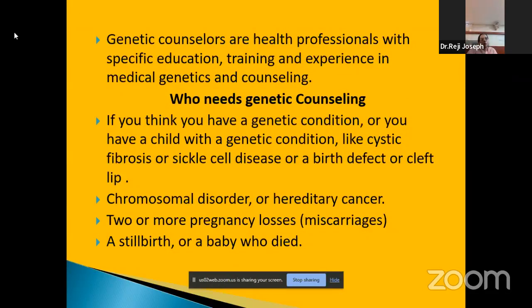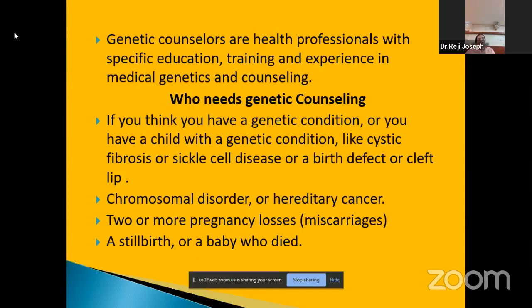Genetic counselors are health professionals with specific education, training, and experience in medical genetics and counseling. Now we want to know who needs counseling. If you think you have a genetic condition, or you have a child with a genetic disorder like cystic fibrosis, sickle cell disease, a birth defect, a cleft lip or a cleft palate. It can be a numerical or a structural variation in the chromosomes. So chromosomal disorders are said to be